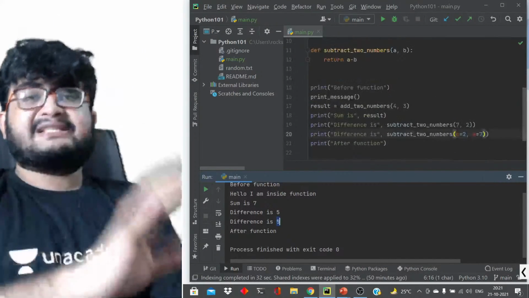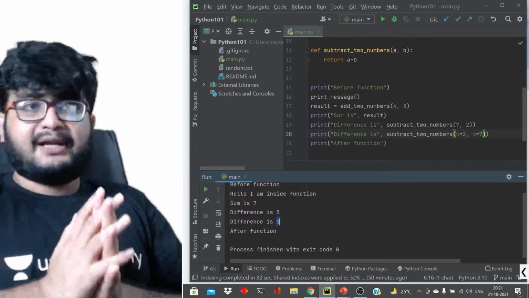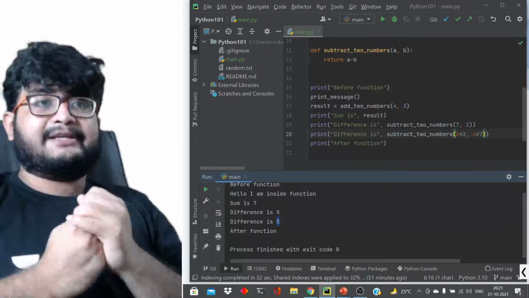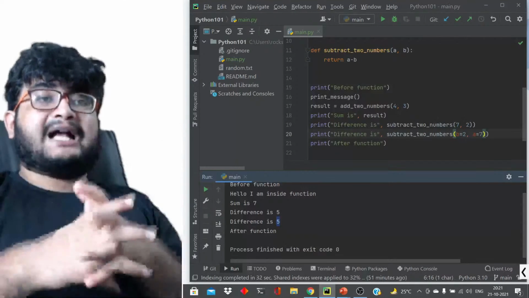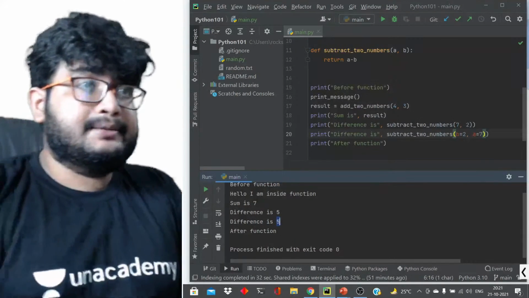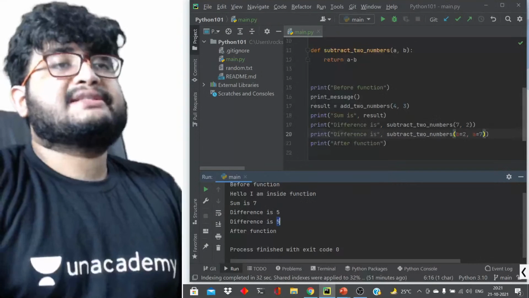So this is the basics of functions. I hope it is clear with everyone. Like what is a function, how to write a function, what is the return statement, what is the parameter, and these things. And how can you pass parameters, the order of the arguments and those things. Okay, so let's move on.